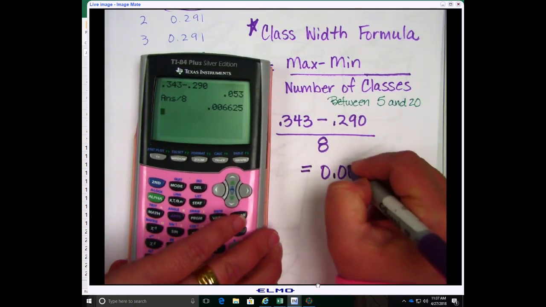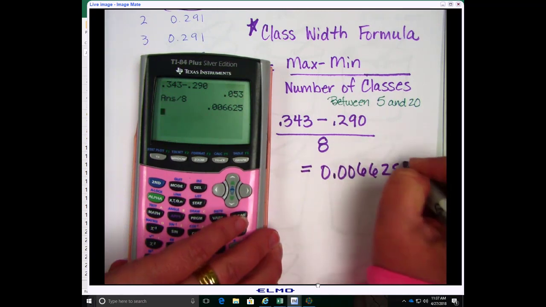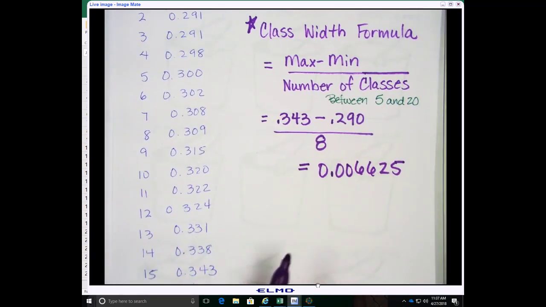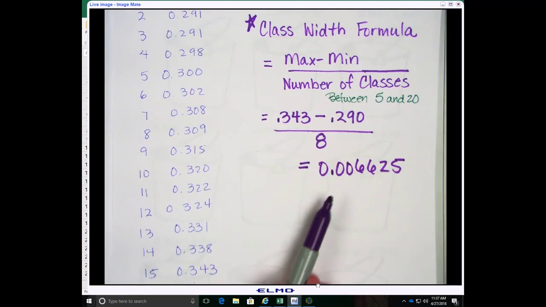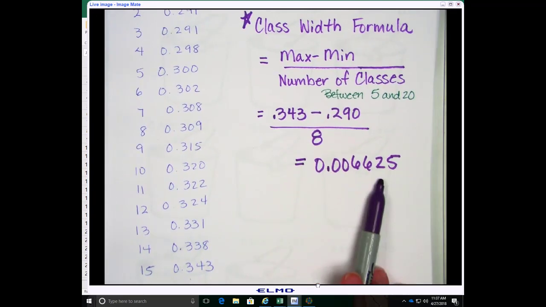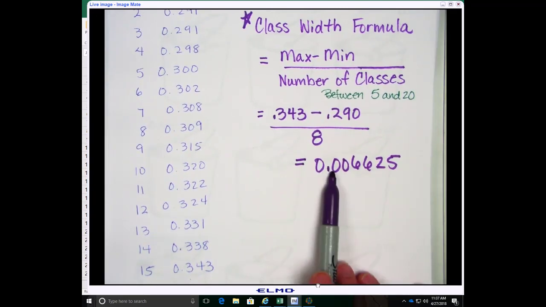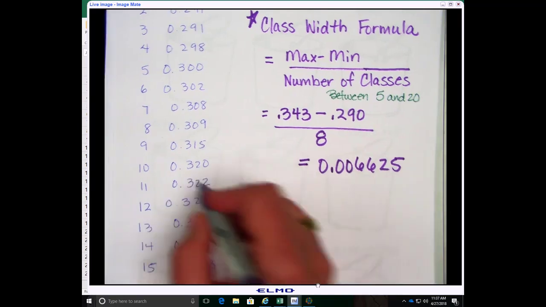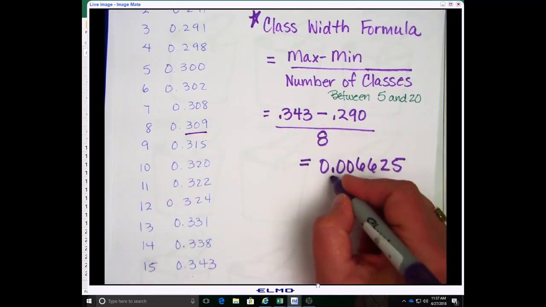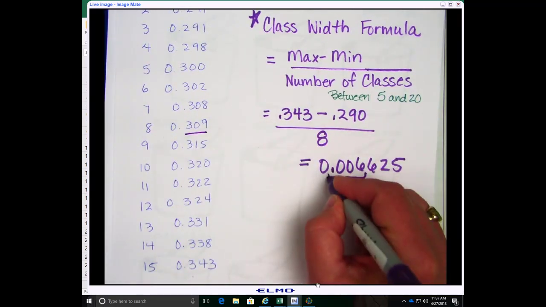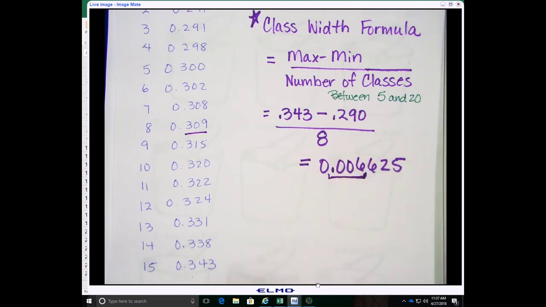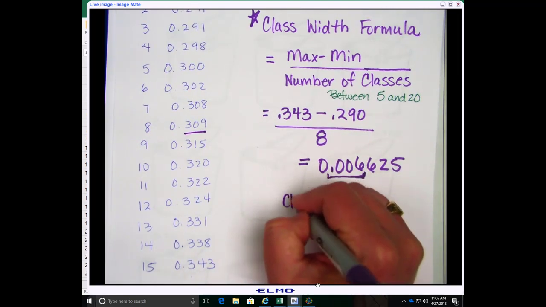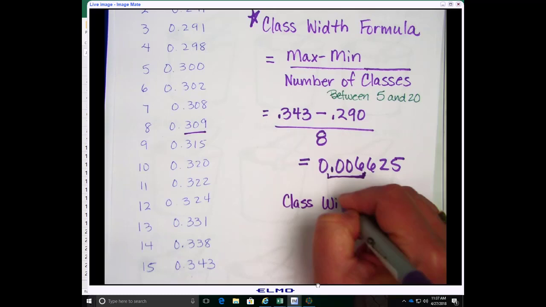of 0.06625. And now I do not, let me repeat that, do not take this entire number or you'll drive yourself crazy. Who wants to try to calculate these numbers out to 6 decimal places? All right. So we know that my data is out to 3, so it's going to be perfectly fine to go out to 3. And now I chose a class width when doing this of